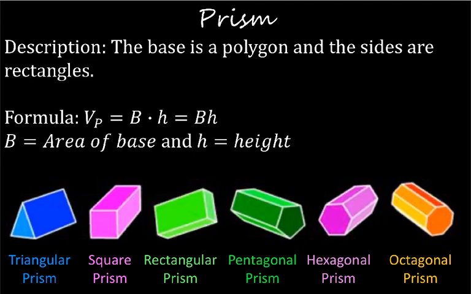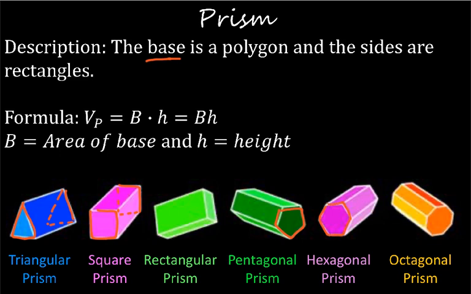Here we're looking at some prisms. I'm going to be given the description, not the definition, of these objects. The base, I'm going to do a little bit of highlighting here. The base is a polygon. So there's the base of the triangular prism. Here's the base. Also you can think of the second base back here, and similarly there. So the bases are polygons,